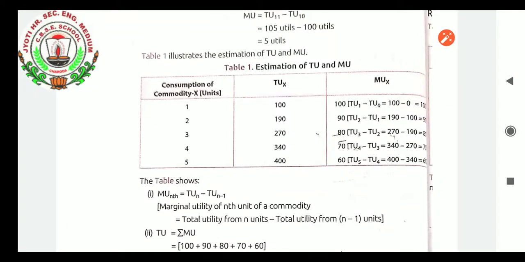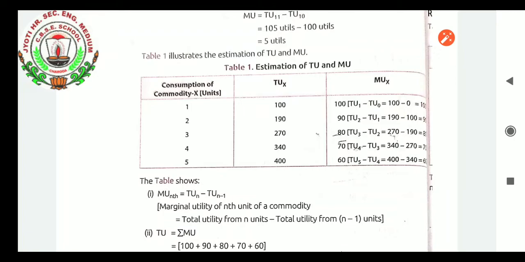Today we will learn the marginal utility calculation. As in yesterday's live class I was explaining to you, that was from another chapter. In this chapter I am again explaining in the same way it will be calculated as in the last chapter, but there we had taken ratio, opportunity cost. Here we will be taking only the marginal utility derived in the units. Okay, so for that let us calculate the estimation of total utility and marginal utility.